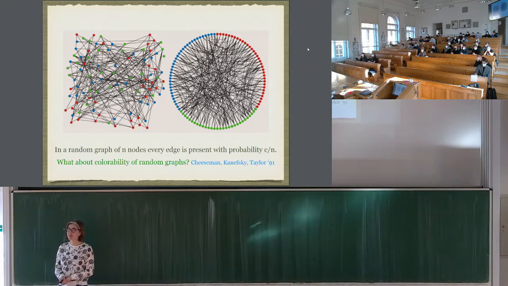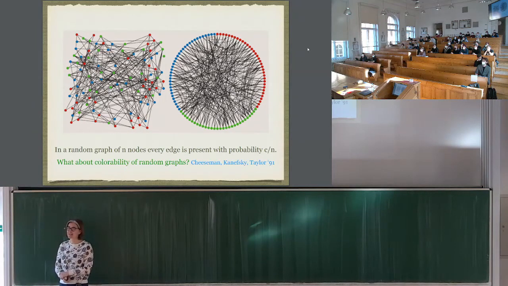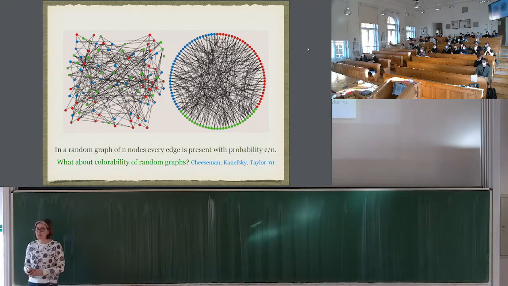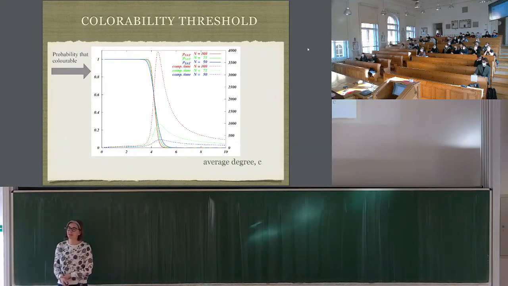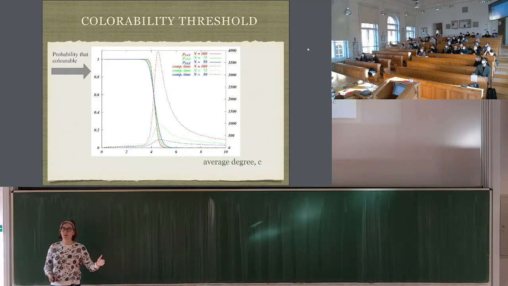And now the question is, how hard, algorithmically, is it to color such a random graph? And that's a question that was posed 30 years ago, not so long ago, say, some physics things have been done. And what is happening for this coloring of random graphs, which I try to sketch here, is as a function, so on the x-axis here you have this average degree C. So how many neighbors every node got on average. And on the y-axis here, the full lines, is actually the probability that such a graph is colorable with 3 colors, say, with a given number of colors.